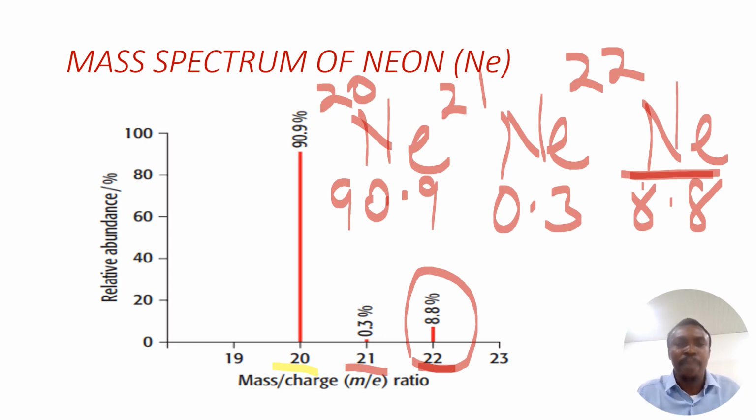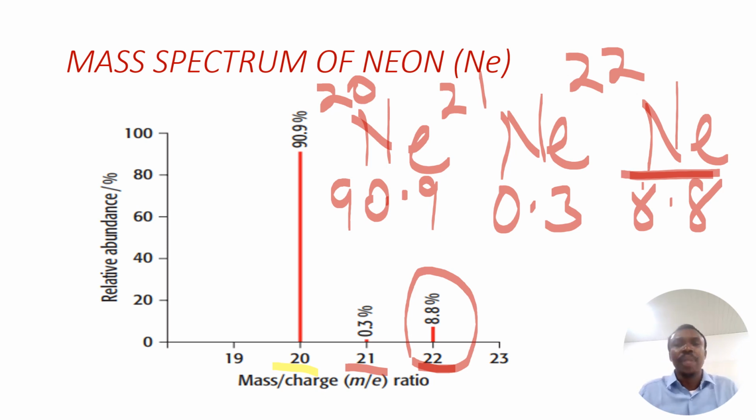So with the relative abundance and the isotopes, you can easily calculate the atomic mass of neon as an isotopic element. We call it the average mass. That's why we call it relative abundance, because the atomic mass is calculated based on the relative abundance and also the isotopes. So if you look at it, you discover that it gives us a graph of relative abundance against the